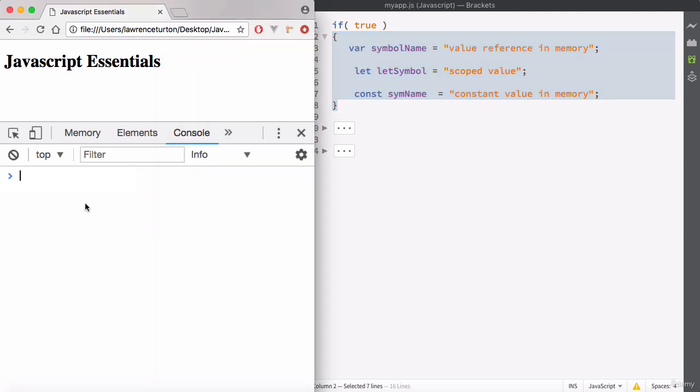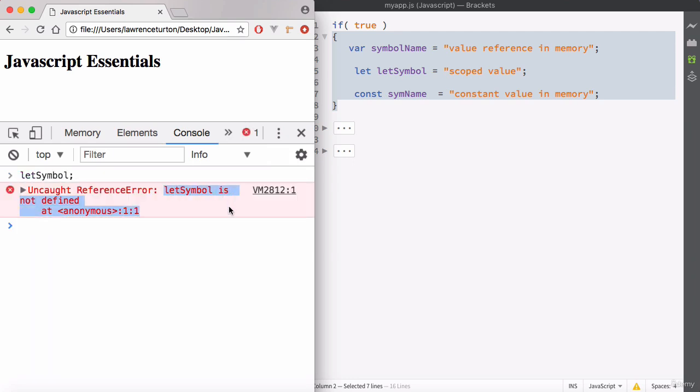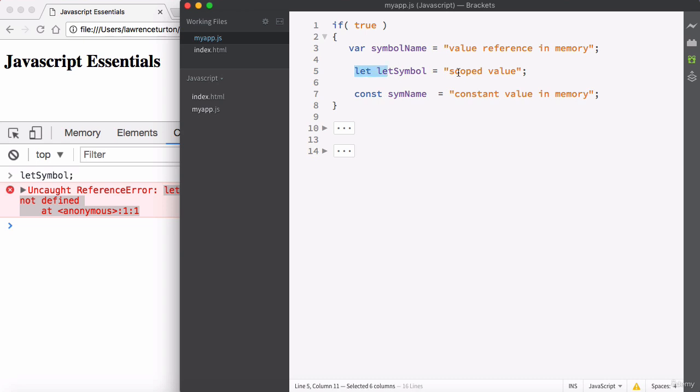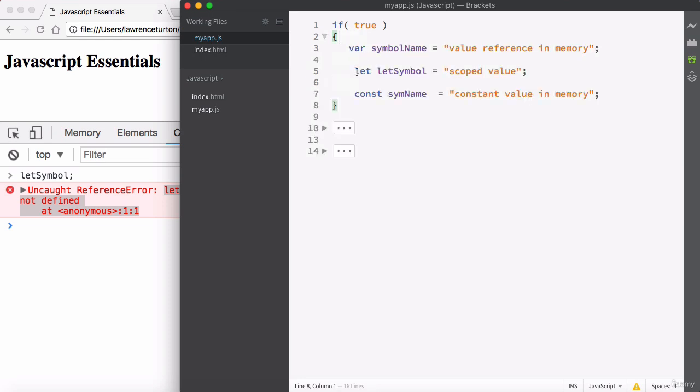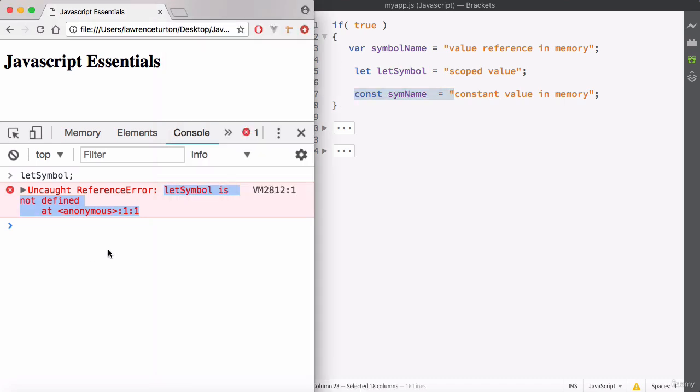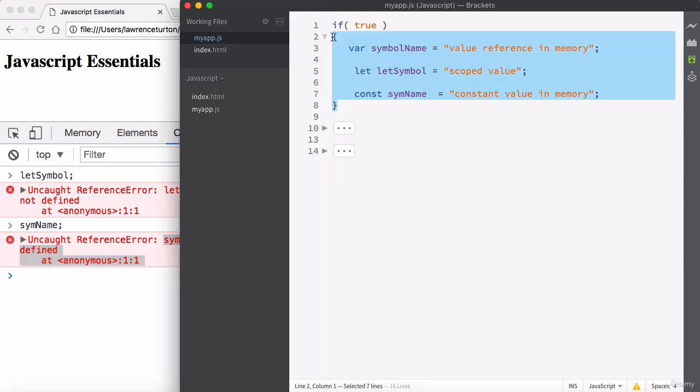So that didn't work. Now, what about the let symbol? Well, we created that symbol name, let symbol, and you'll notice it says, sorry, it's not defined. So the let symbol was defined within these braces, and they are scoped. It respected the block level scope. You also have a constant. You can also think of this as a block of commands that we're placing together and we're asking to execute it, and it respects that block. What about the constant as well? Constants also respect the scope of this conditional execution context,